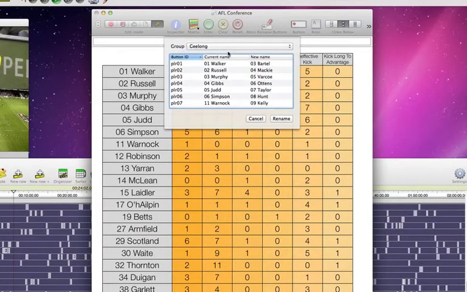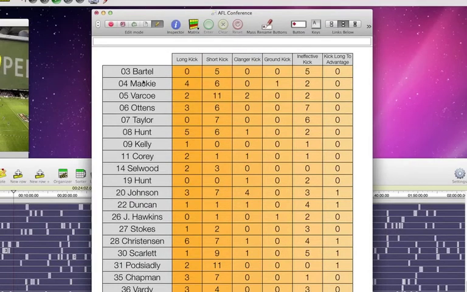So I'm going to go to Geelong and I'm switching it. Currently it's Carlton. This is an ID of 01, or PLR01. This is PLR02 and so on. If I click rename, it's going to mass rename those. It then executes my scripts and comes up with a whole new matrix